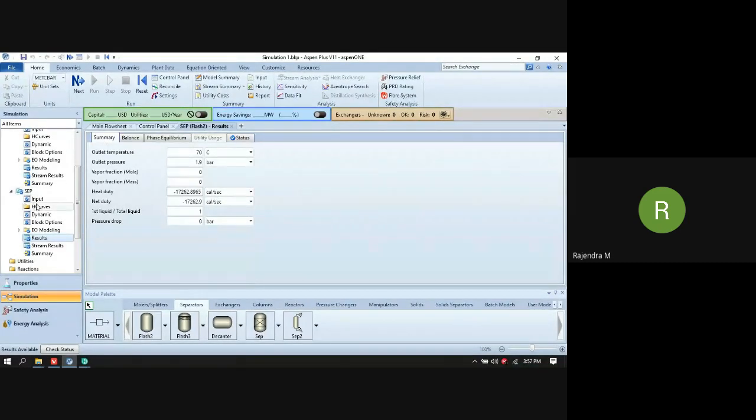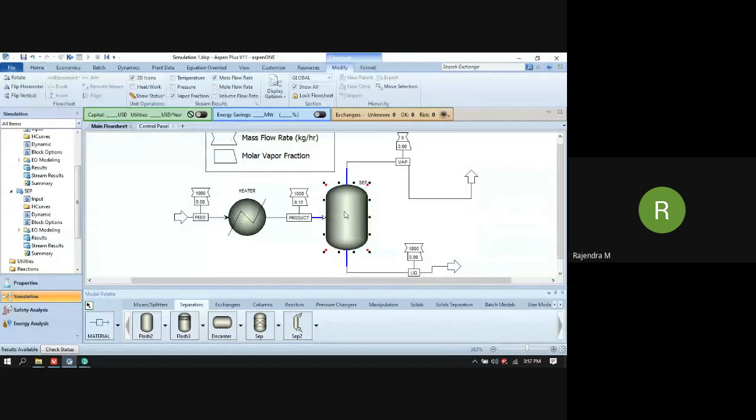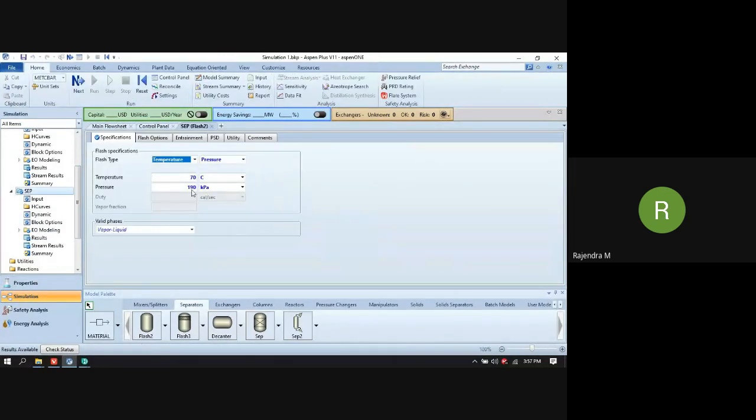Now, instead of doing this, what I will ask of this palette, that is the separator palette, is to change this duty to 0.